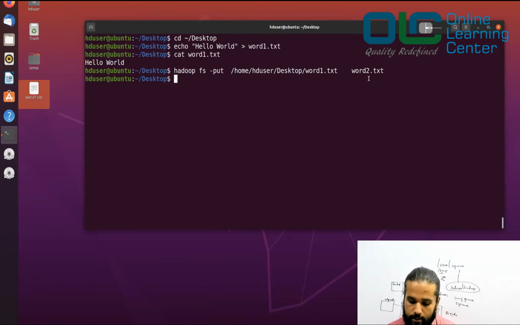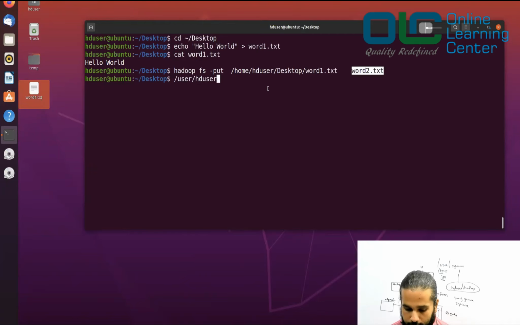But what we can understand is on which path it is present, because you have stored some data, and you would like to retrieve that data later. If you don't give any path, remember one thing: in the destination, you have not given a complete path. You just said word2.txt. So when you don't give any complete path, then by default the path would be /user, is it not? /user/sd. This is the path on your HDFS where this file is stored.